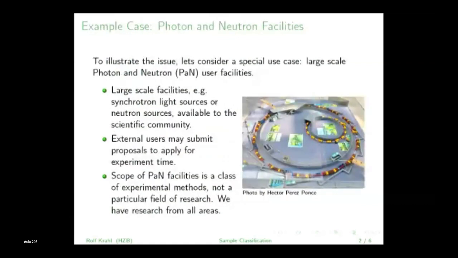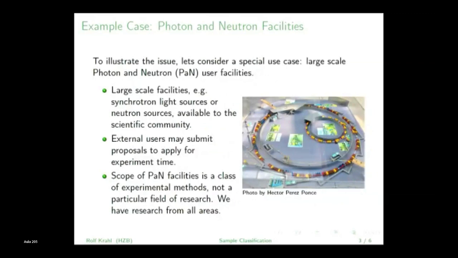I want to illustrate that on one particular use case. Obviously, everybody talks about the things that they are coming from, that they know. So I'm presenting a large-scale user facility. In the photon and neutron community, we have large facilities such as synchrotron light sources and neutron sources that are made available to the scientific community.